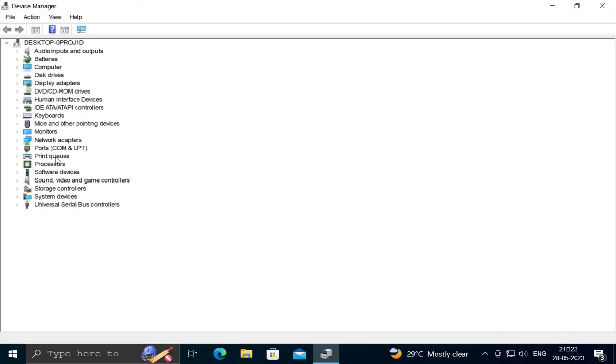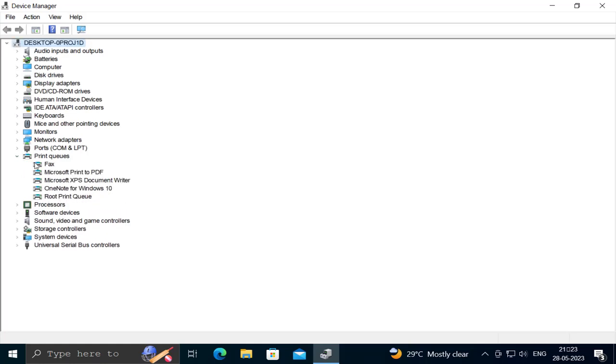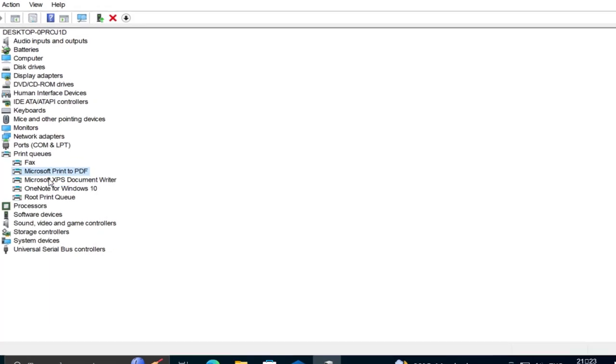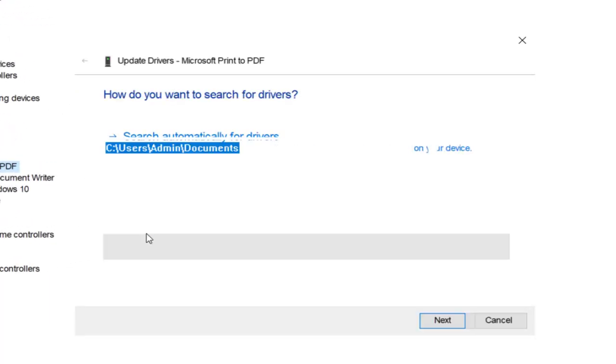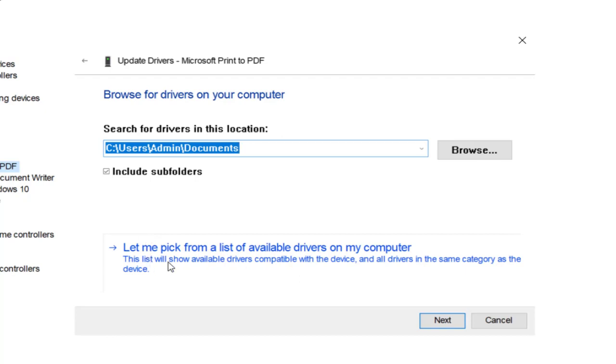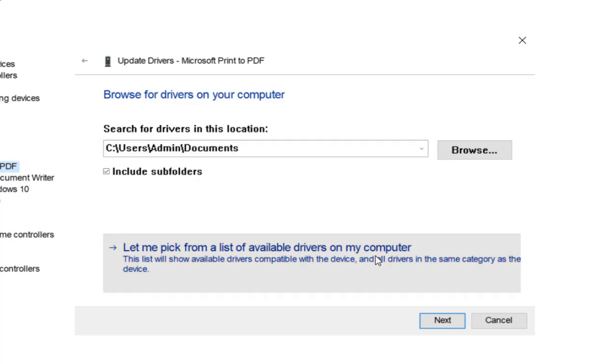Expand the print queues, and select the printer you are having a problem with. You just want to locate the printer, right click it, and click update driver, and click browse my computer for drivers. Let me pick from a list of available drivers on my computer. Click on it